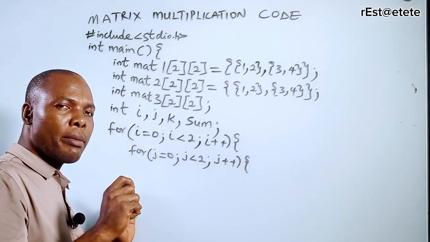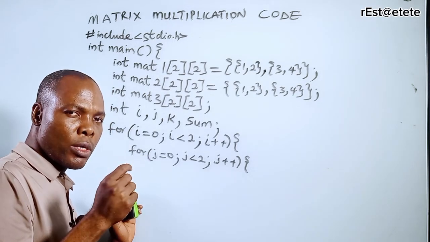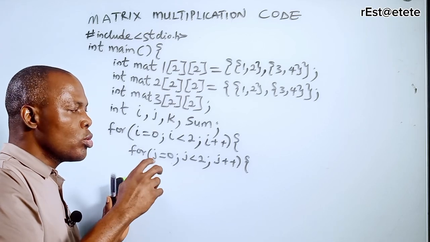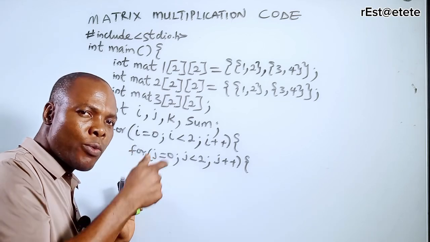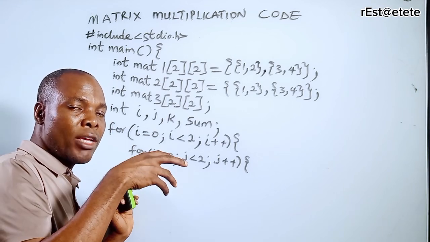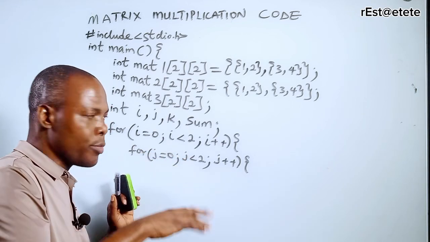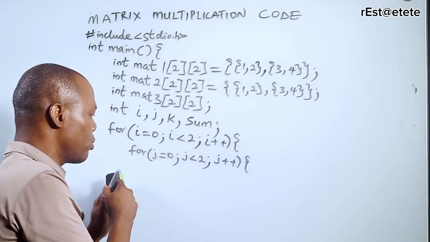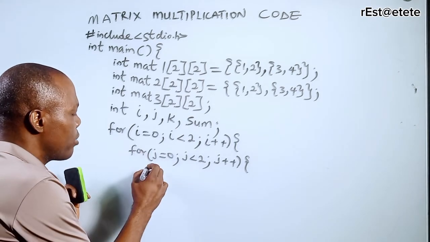But I want my value, which will be stored in the sum variable, I want to be able to access it when I come out of that k loop. Because if I come out of that k loop, everything in that k loop will be destroyed. So I'm going to initialize this sum outside of the k loop. So inside this for loop, I will say sum,